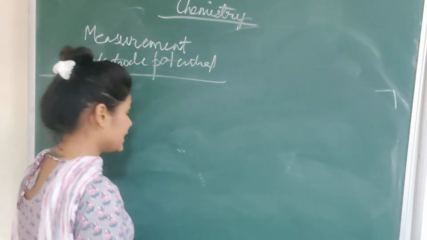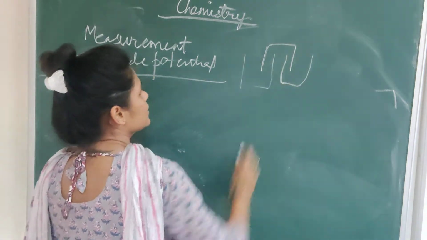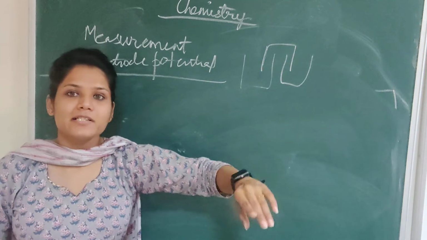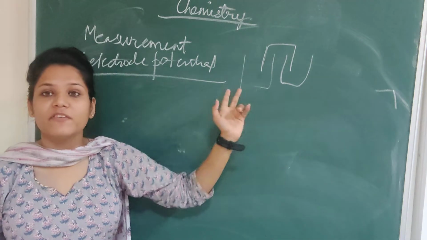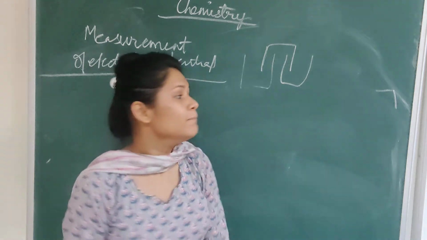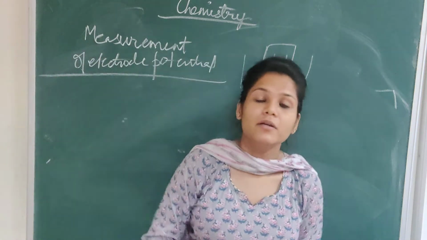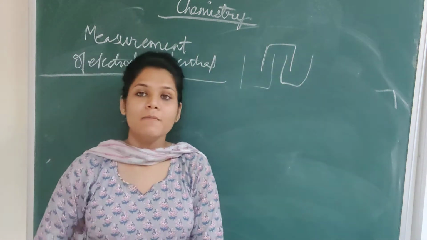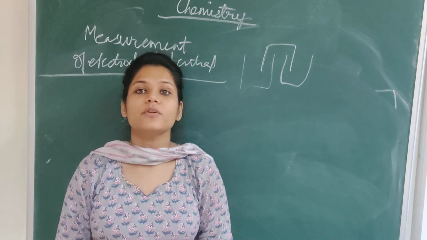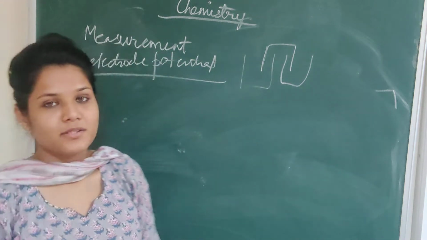So, what they are saying is that if in a cell two half cells are given, we cannot determine the potential of this and the potential of this. The only way is that we can find out the difference of the potentials, and that will be known as the EMF of the cell. So individually the potential of half cells cannot be determined, but we can determine the difference of the potential of these two half cells, which is famously known as the EMF of the cell.